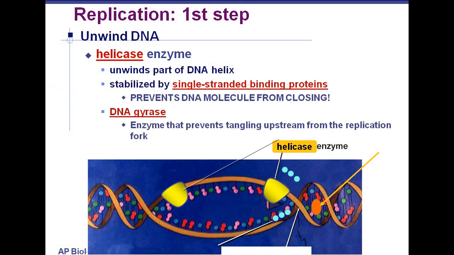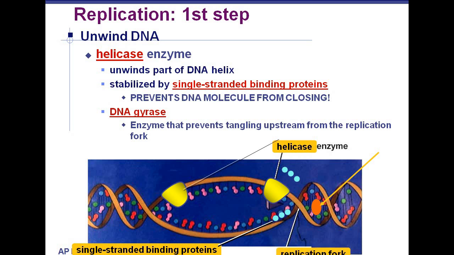Now the SSB proteins come into the picture. These are the proteins which help to keep the two strands separated after the activity of helicases, and also protect the single strands of the DNA from degradation by the enzyme nucleases. They are also known as the helix destabilizing proteins. So these are the single stranded binding proteins which bind after the working of the helicases.